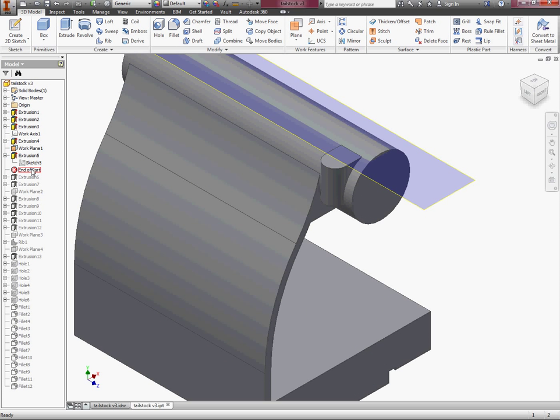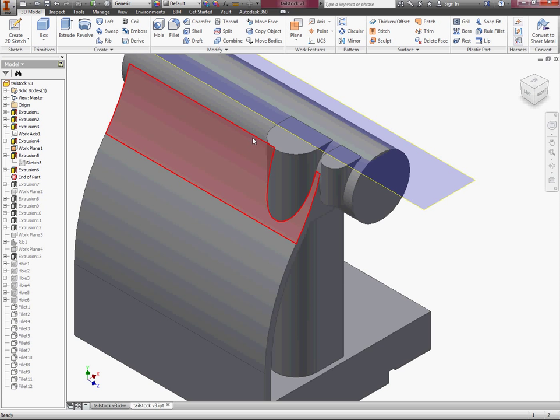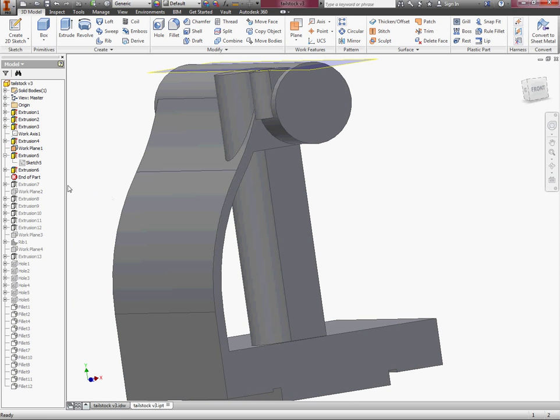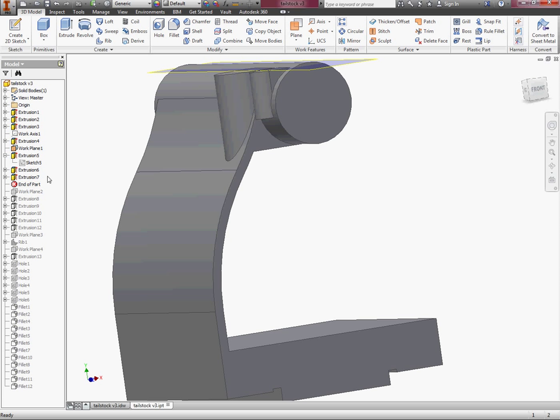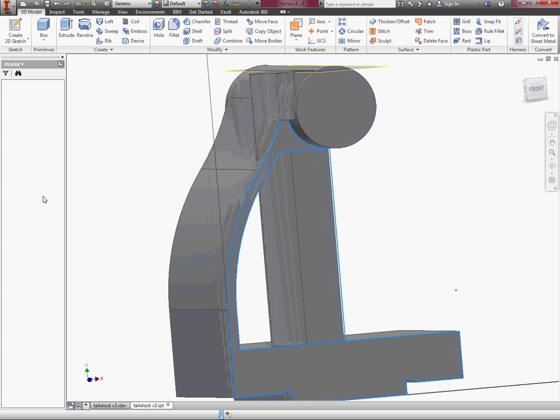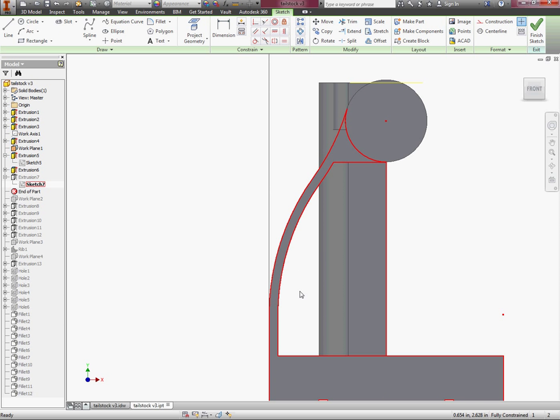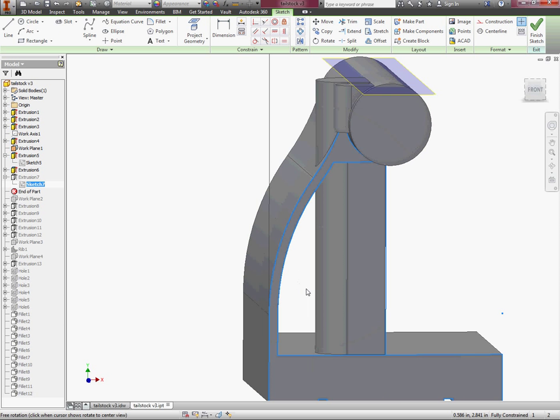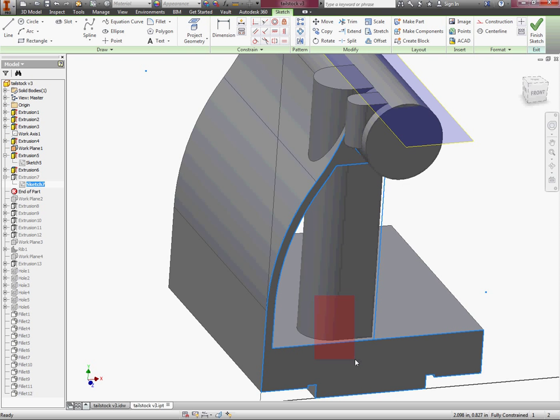And essentially we repeat that step on the next feature as well. Now here, because we want this to integrate in with the gooseneck, you need to just go ahead and extrude it all the way down to the top of the base. We will just clean it up here with another step by doing an extrude cut in this area. Essentially what I did was just sketched on the end of the base here,